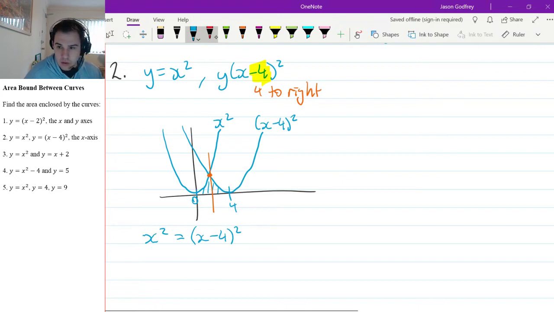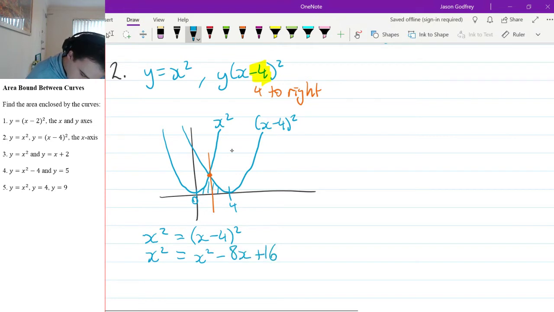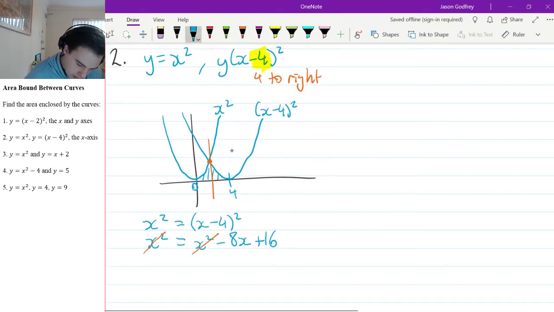And now we'll solve this equation for x, so we'll figure out the x coordinate here. If we expand out the perfect square, we get x squared minus 4 lots of x doubled is 8x plus the other one squared. Now we've got positive x squared on both sides, so if we minus x squared from both sides, they'll cancel out. Negative 8x, if we add to the other side, is 8x equals 16, and divide both sides by 8